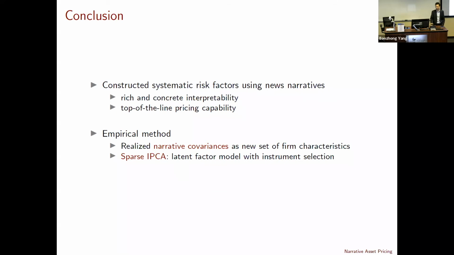Narrative covariances can help form portfolios. And we use an upgraded IPCA called sparse IPCA to do a latent factor model with characteristic selection, right? So after all, I think this is just one demonstration that we can use news to tackle a central question in finance. Think about other concepts like beliefs, expectation, what are common knowledge, information set. Those things can also be approached using news. All right. So I hope there's a broad avenue of economic discovery going down this route. Thank you. And I look forward to Diego's discussion.